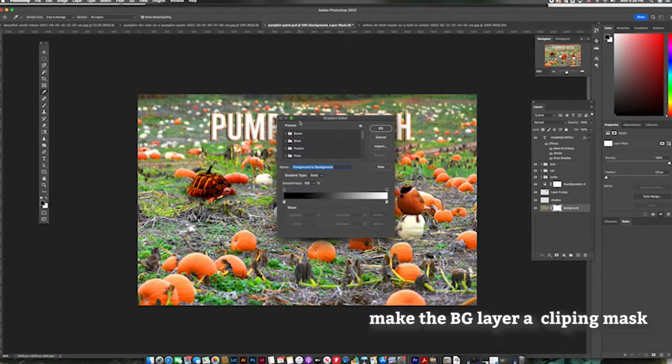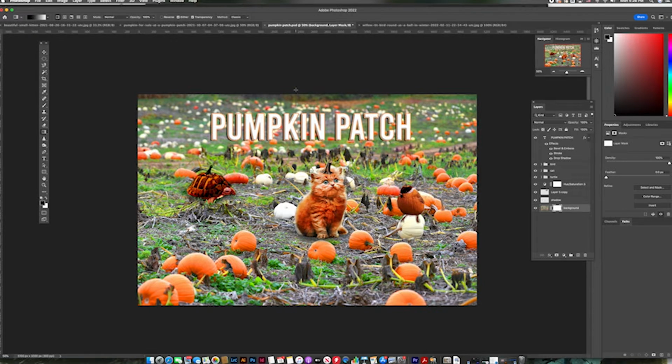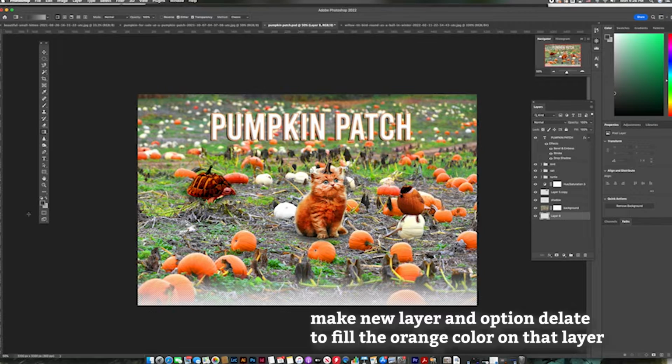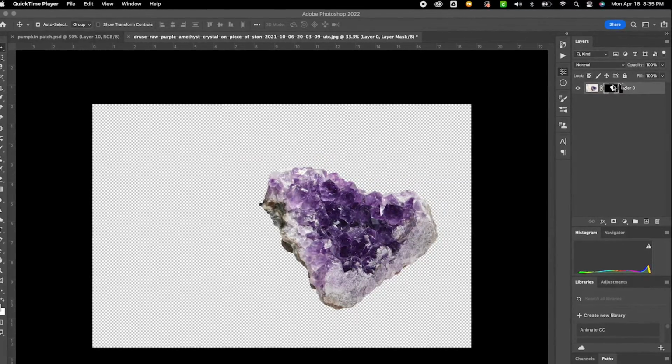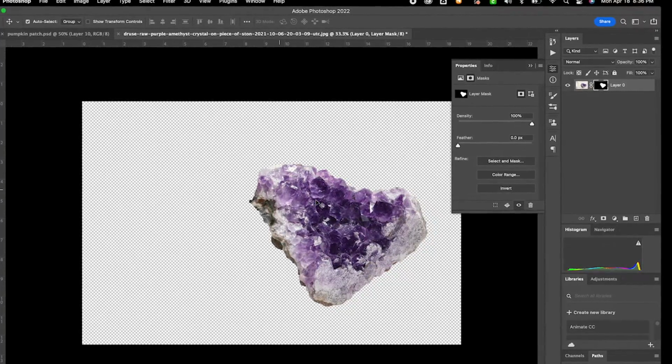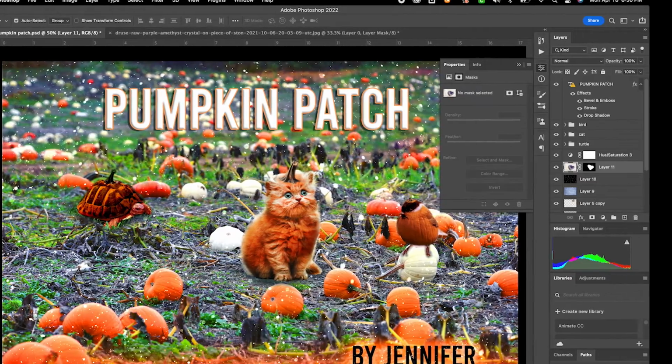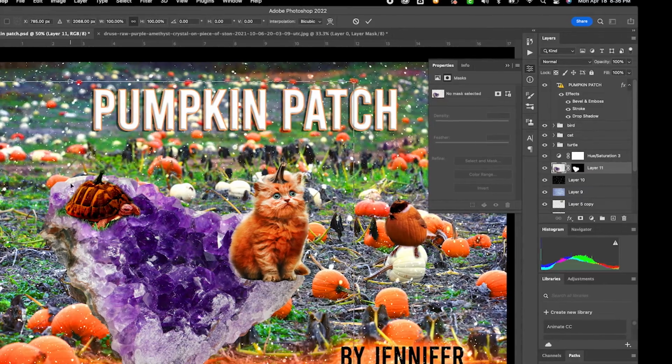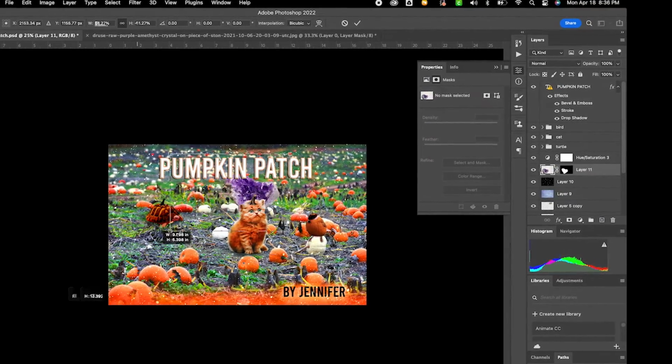I'm going to make a background layer, a clipping mask, and then I'm going to add a gradient to it that's black and white. So when you add a black and white gradient to a clipping path, it does fade like this, like it erases in a gradient style. And then I'm going to add an orange background. And the last thing I'm going to do is add